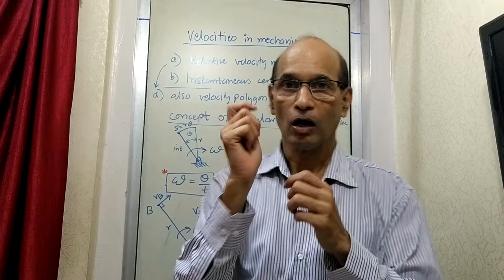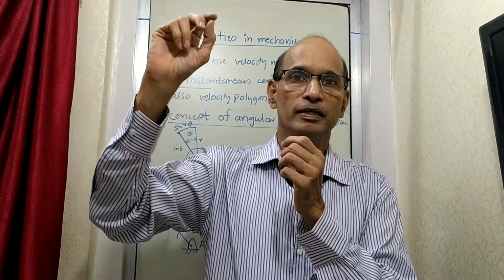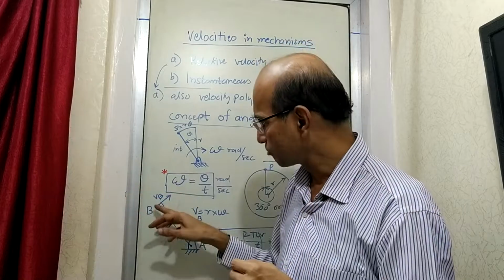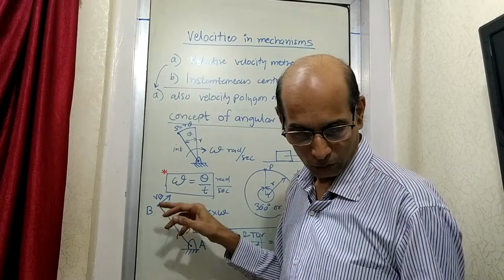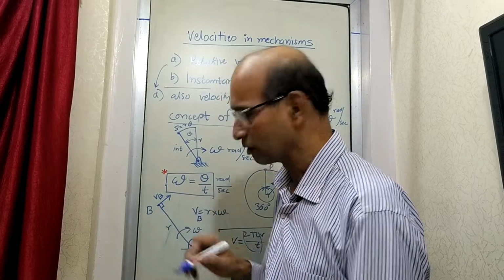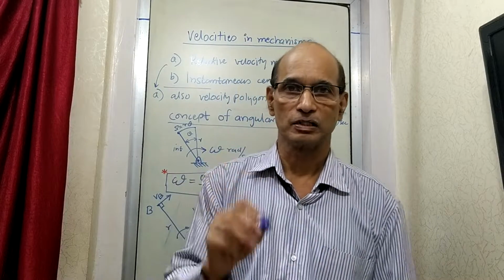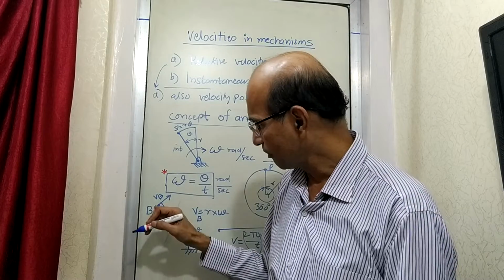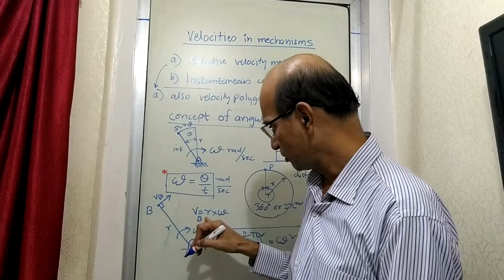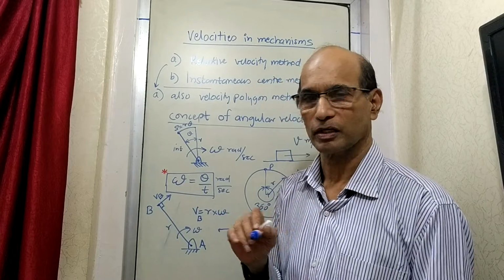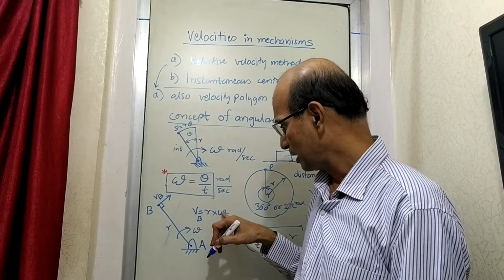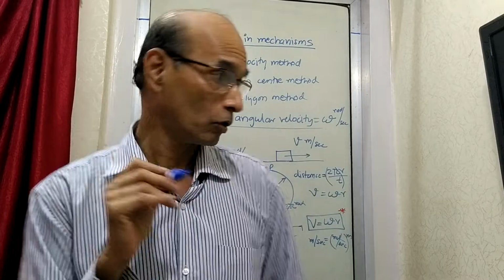And the angular velocity is omega. Now suppose that stone is released from the thread while it is rotating. At this point, the stone will move in a direction perpendicular to the thread at that instant. So at that time the velocity of the stone is given by distance into angular velocity. The unit will be meters per second, when this is in meters and this is in radians per second, which is already written somewhere here.